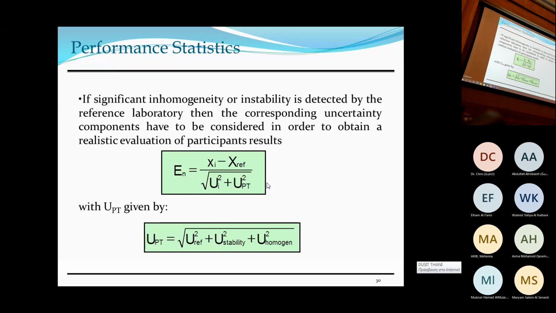But the provider, the lab that's responsible for analyzing the results, has to account for any instability noticed during the circulation. So yes, I agree that if you also include it, then it will make things better for you because you'll have a bigger number in your denominator there. But then,